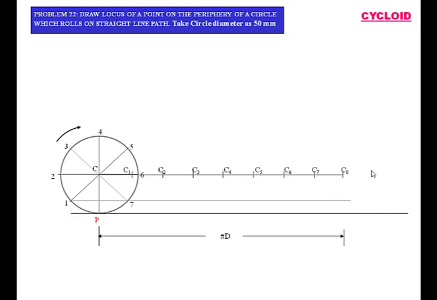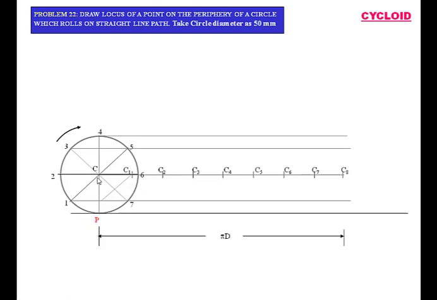Now onwards we are going to draw straight lines that will pass through 1, 7, 2, 6 that we have already drawn, and from 3, 5 and from 4. Now the next step is we are going to take a distance equal to the radius, and from each center point C1, C2, C3 we will mark the corresponding point.